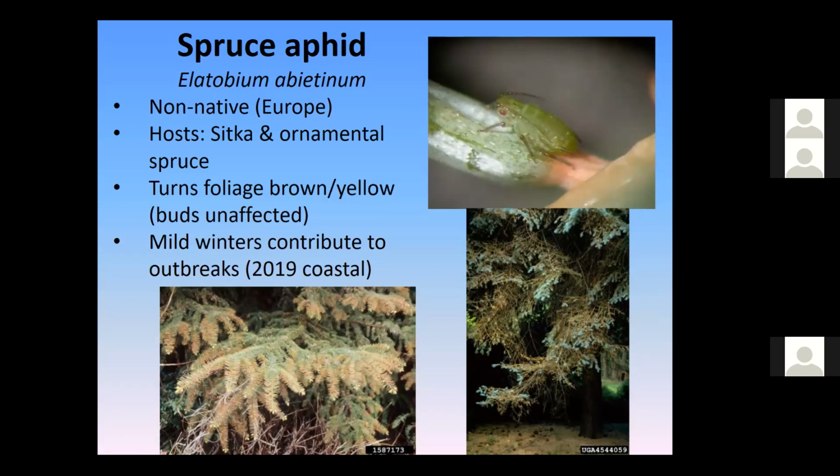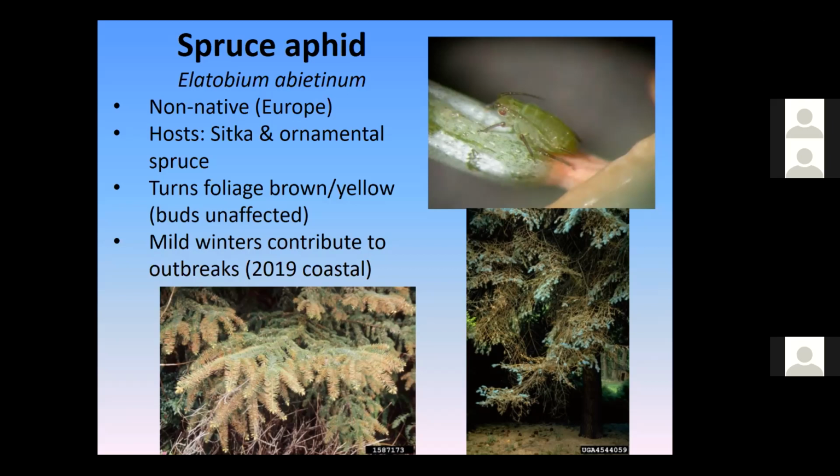And so right around that March, April timeframe, it looked really bad. And then the new foliage came out, kind of like in that picture on the right, and they looked a little better. You couple that with the drought effect that the spruce were experiencing, it really was kind of a perfect storm where these trees